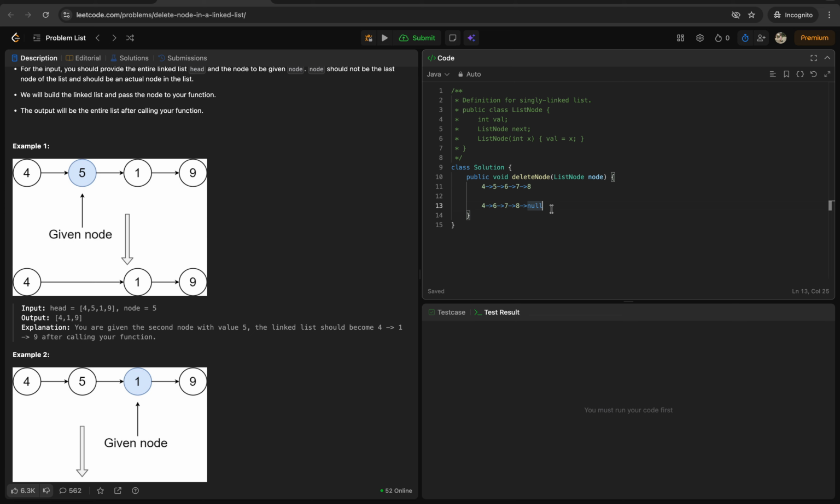In this case, one more way of doing this would be, instead of traversing the whole linked list, let's say we need to remove 5, so we'll update the value of this node with the value of the next node, so this will become 6, and then we can remove 6. So for that we need to connect this node to this node, so 6 needs to be connected to 7